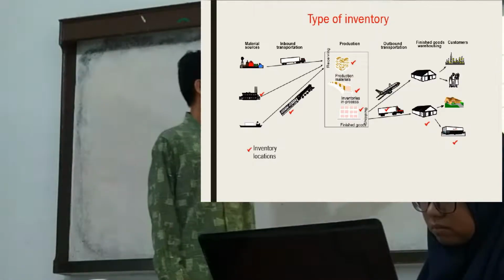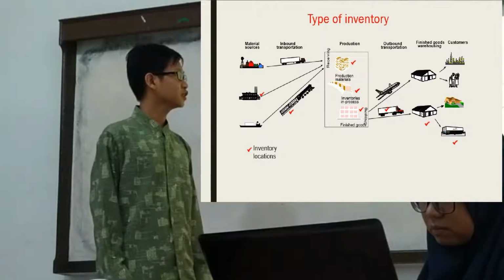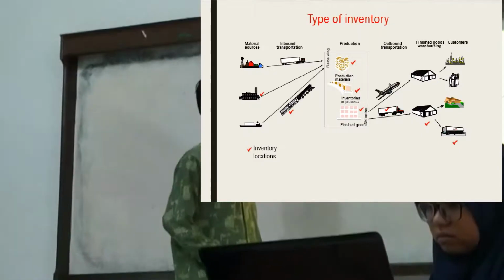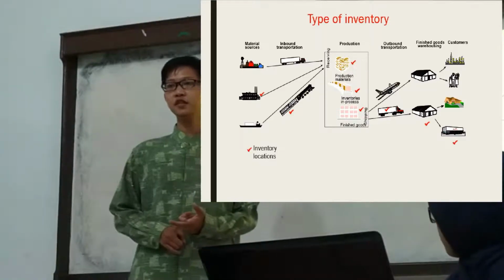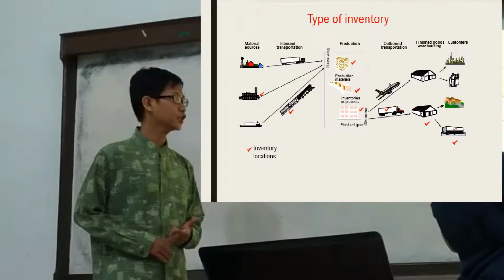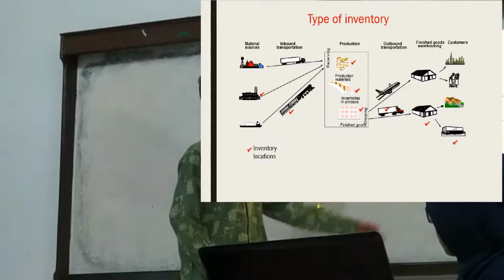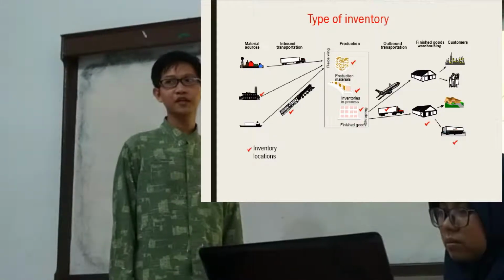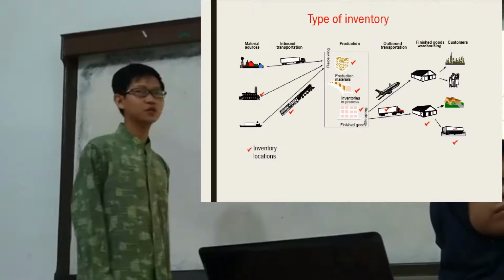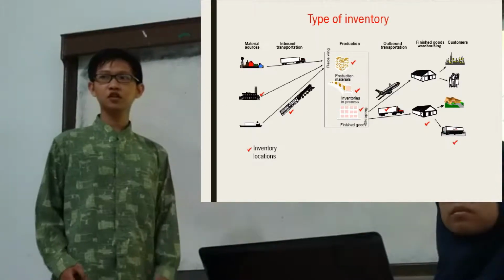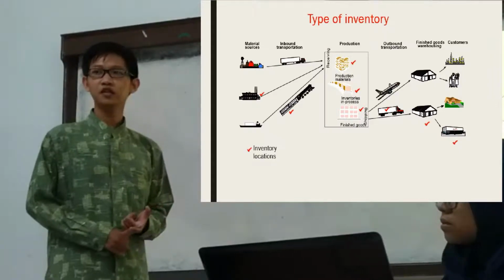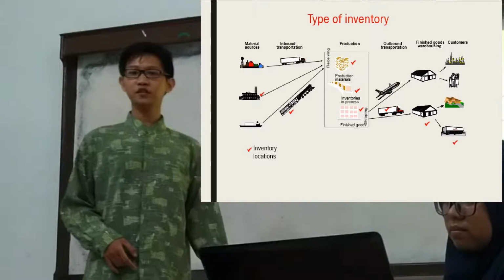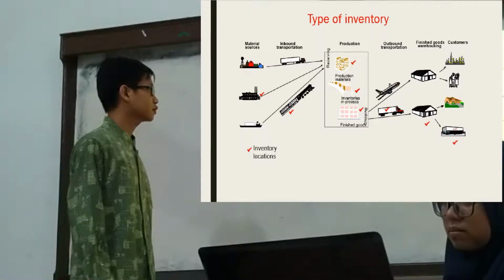And at the company, we need again the inventory to store the raw material or to store the finished product. After we get the finished product, we transport again to the customer, and that is inventory transportation again, maybe for short distance or for far distance. And at the customer, we need the inventory again. And the next,